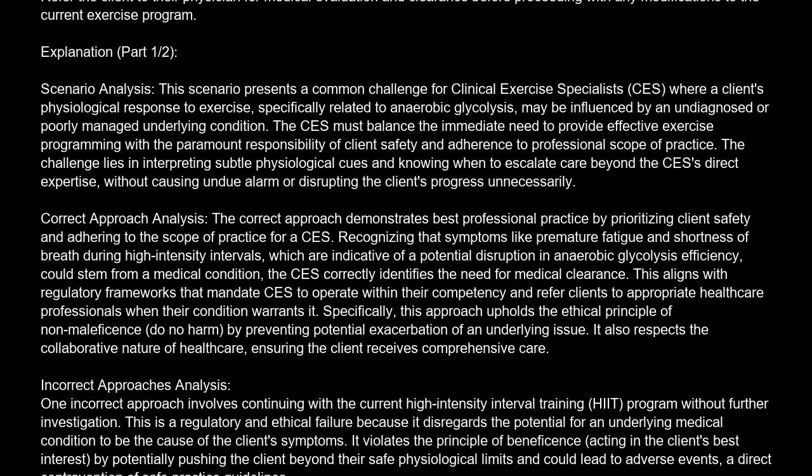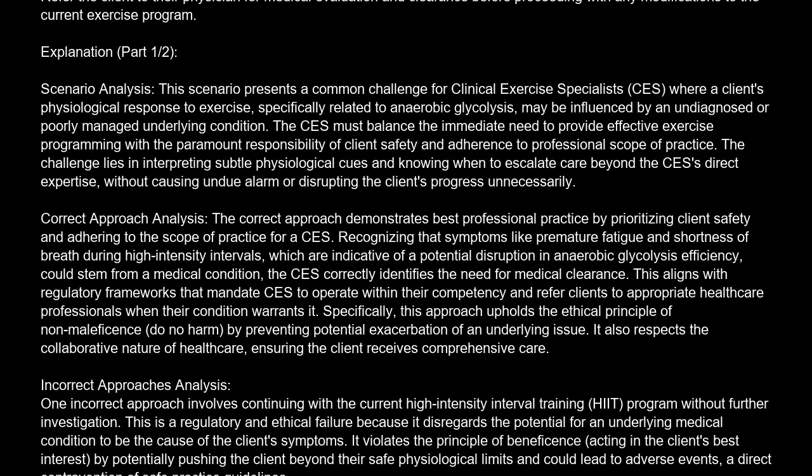Correct answer is C. Refer the client to their physician for medical evaluation and clearance before proceeding with any modifications to the current exercise program. Explanation. Scenario analysis. This scenario presents a common challenge for clinical exercise specialists, CES, where a client's physiological response